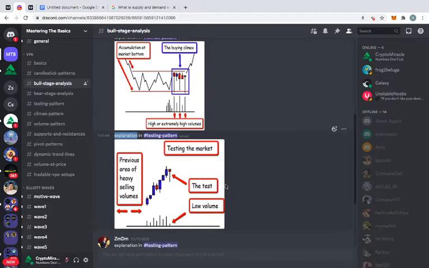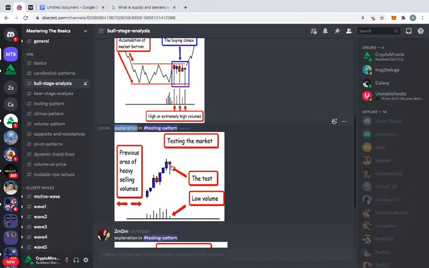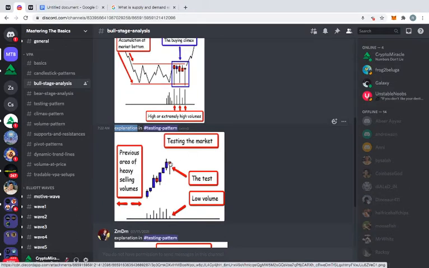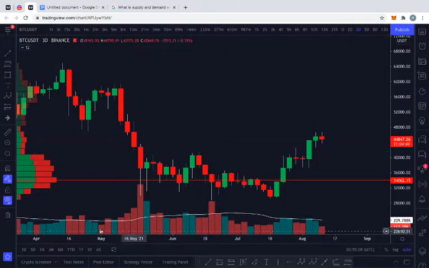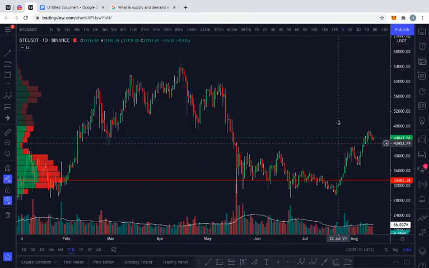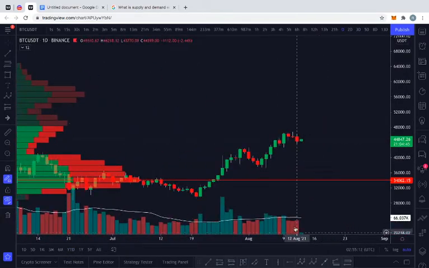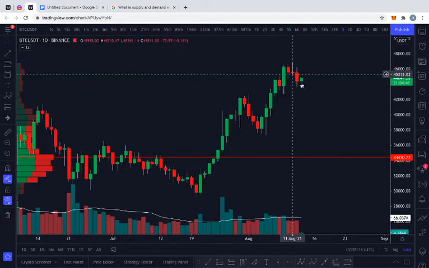This is an insurance policy. The market makers want to see how much selling, how much supply, is actually in the market. So they're testing. They'll use order book strategies. They're actually going to sell some of their own shares in order to push the market down to see how many stops and how much supply there is. If we go down to the daily chart, we can see there's a little bit of a test right now, with some decent volume,